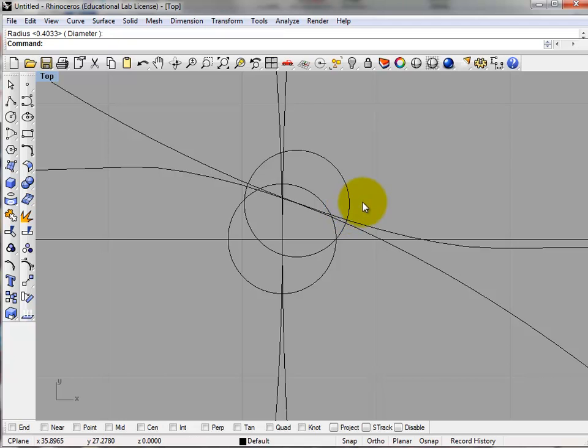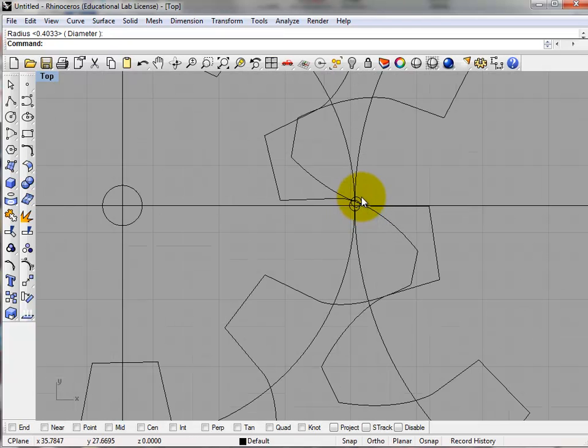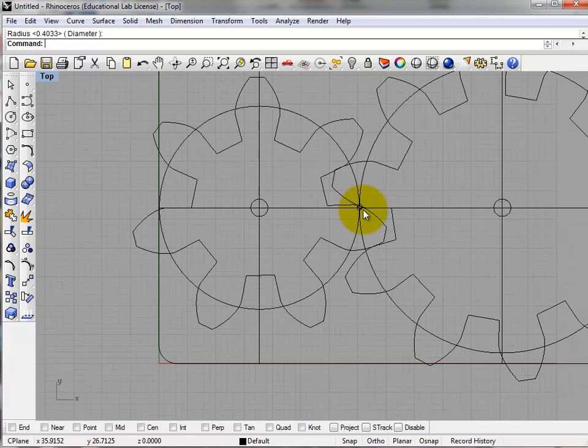That's the contact point. So now we've got 2 points done, and you need to do that for the entire